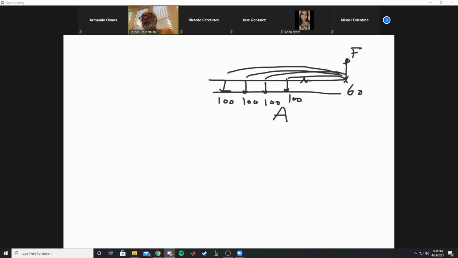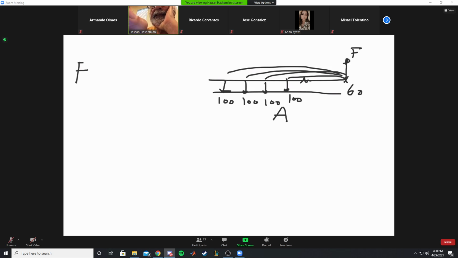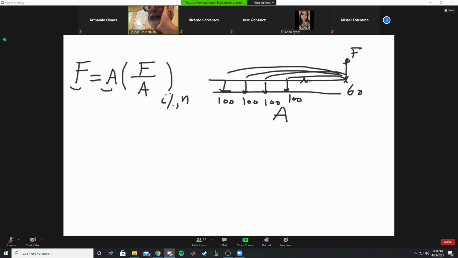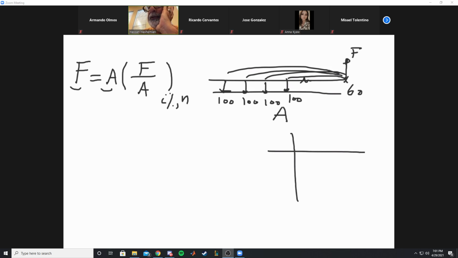So if I want to use a formula to do that, there's an easier way to do it. I said I want to find the F. And what do I have? I have the A. I know what the A is, 100. So I open the parentheses and I say, what should be in the parentheses? As I said, you just put your unknown divided by known. So it will be F over A. And that will be at some interest rate and some period. So if you go to the table and you read the F over A from